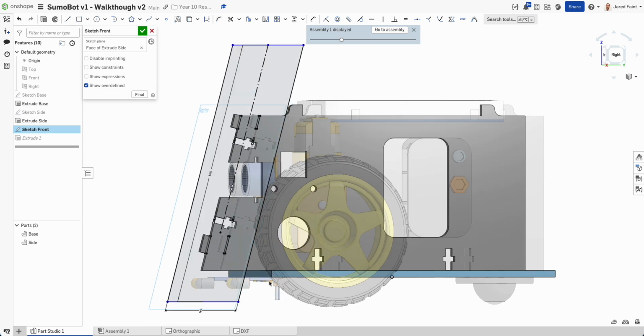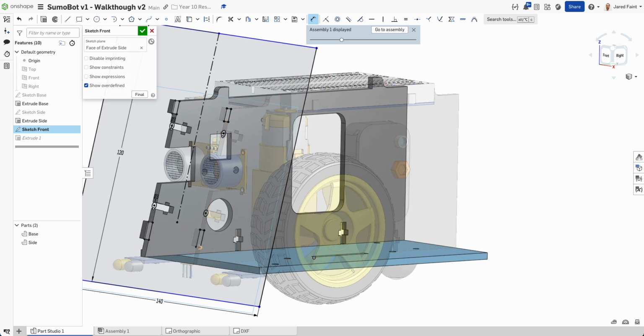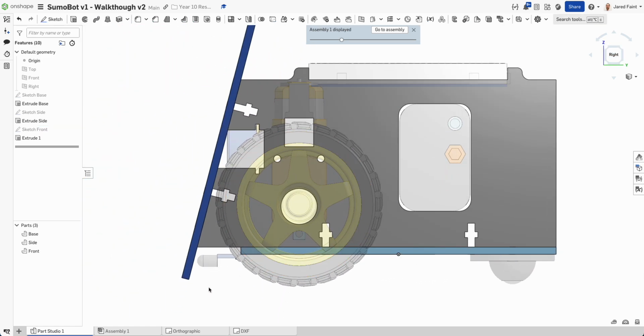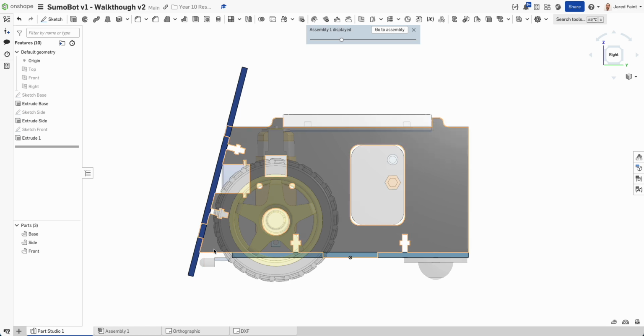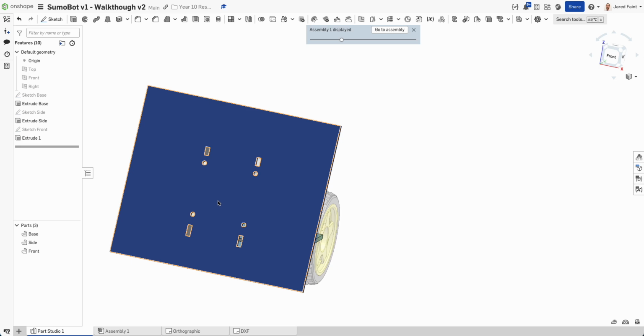Leave that there. So let's go dimension. I'm going to go just from that bottom tab to there. Let's try 22. So if I have a look from the right, that's not too bad. I could possibly go a touch lower, but I'm going to leave that there for the moment and we can play with that later. The last thing I need to do is I need to add that nice little hole